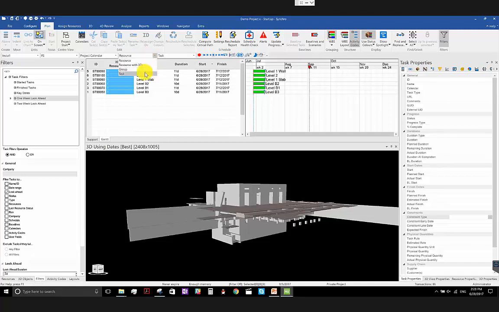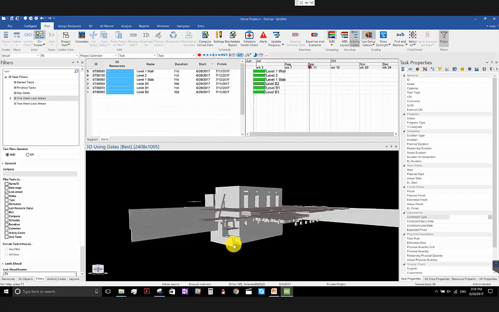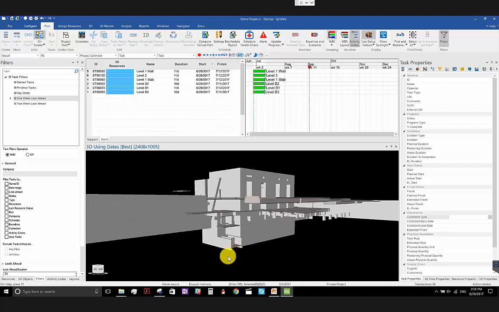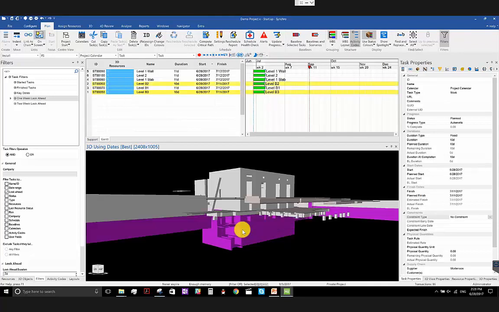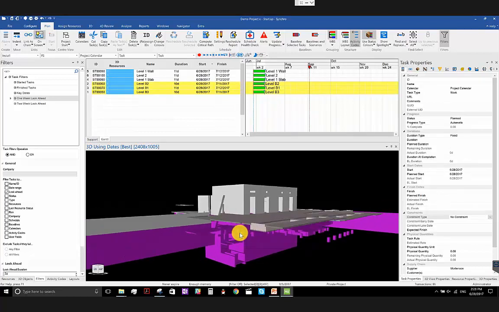So let's say I want to do some model-based scheduling. I want to create my sequence based on the physical location of my 3D objects. When I built this little teaser project, I preferred to do it from bottom to top. Of course, you can do it in other ways, like top-down construction if you want to. But in this case, I'm just going to give a very simple example. I select the bottom level, level B3, and then the level up, B2, one more level, B1,